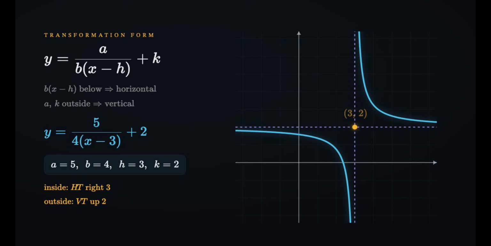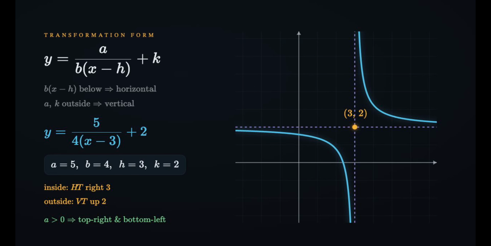The asymptotes move with the translations. The vertical asymptote starts at x equals 0 and the horizontal translation right 3 sends it to x equals 3. The horizontal asymptote starts at y equals 0 and the vertical translation up 2 sends it to y equals 2. So the asymptotes cross at (3, 2). Because a equals 5 is positive, the branches sit at the top right and the bottom left relative to that